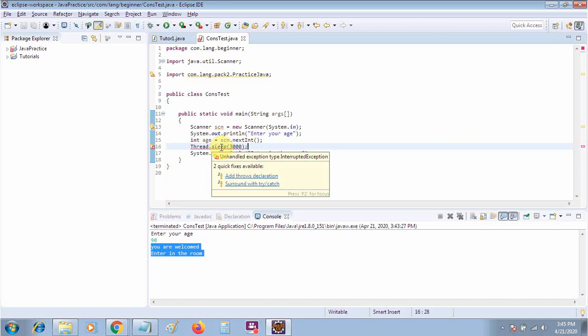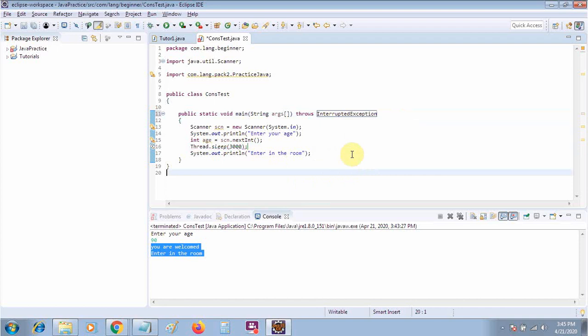So if I add the throws keyword, InterruptedException will be thrown out. So this is the way to handle the checked exception. The throws keyword is used to handle the checked exception. Checked exception, why I am saying that, because it appears at compile time. Okay, this way.